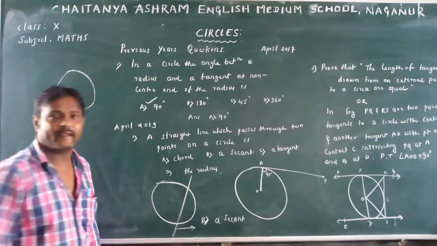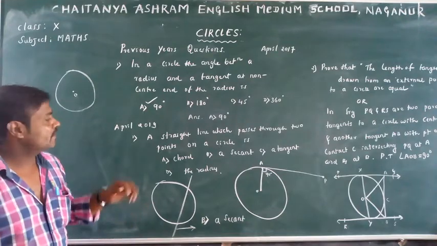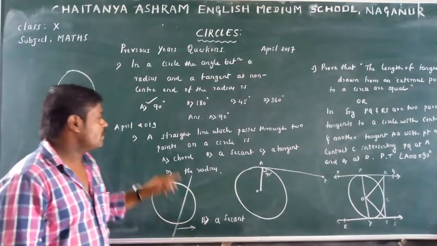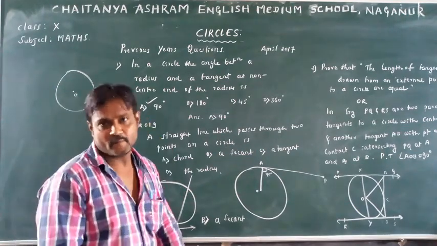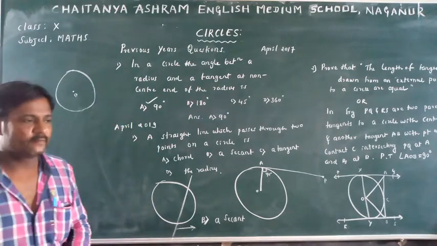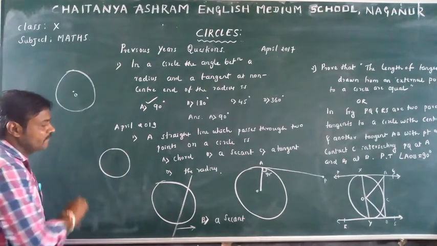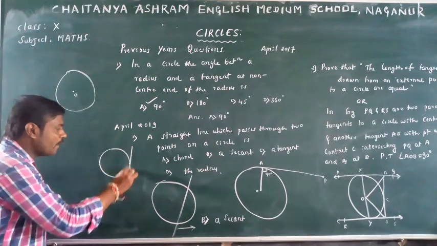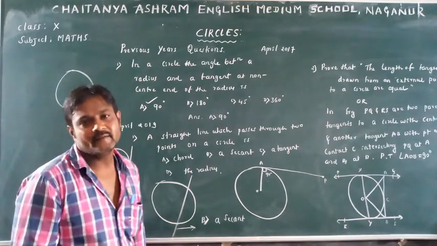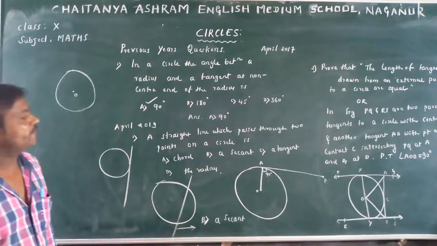This is called secant. Or in the next year, for you, he may ask a straight line that passes through only 1 point on a circle, then it is called. They will ask you like this. Okay, so what is the name of that line? A straight line that passes through only 1 point on a circle. What is the name of this line? Obviously, that is nothing but tangent. Okay? Okay. Then, so see the next question.